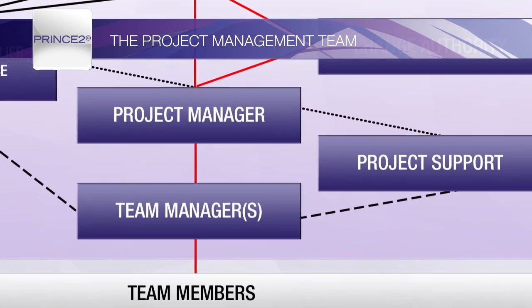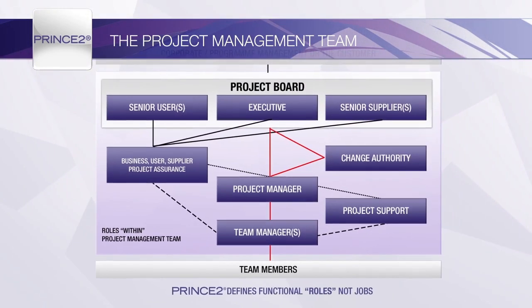Team managers may be appointed where the project board believes that a deeper level of specialist or technical skills is needed to support the project manager and manage the team members. The team members themselves are not part of the project management team. Other considerations for having separate people as team managers can be influenced by the size of the project teams, the number of skill groups involved, and their geographical location.